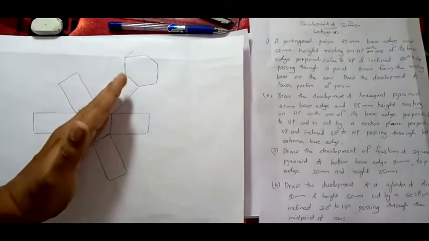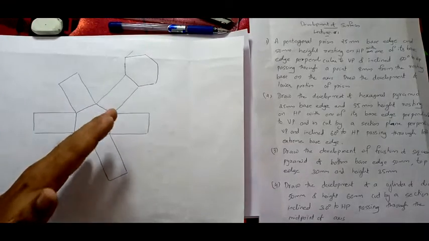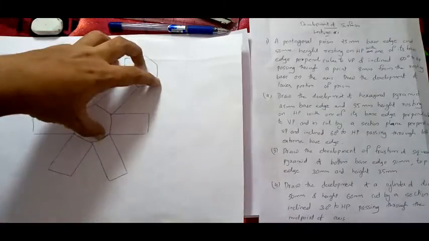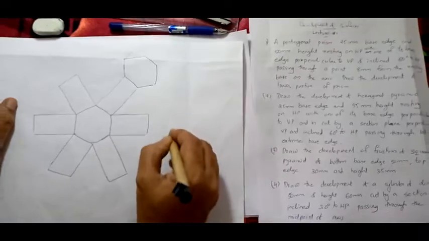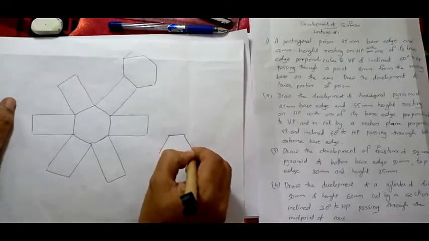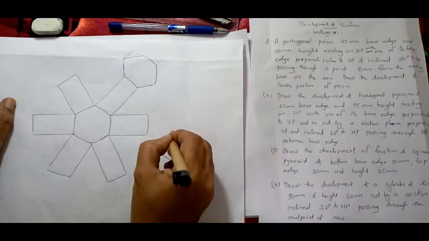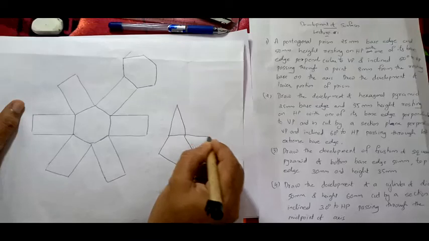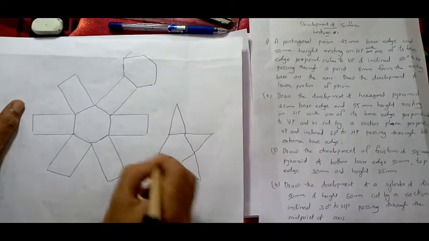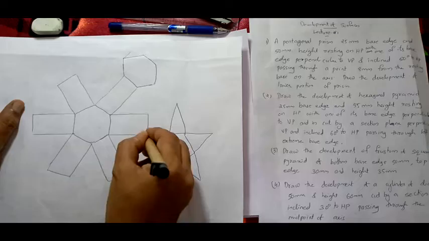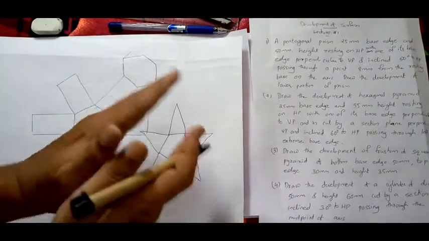So we are not following this method. We will be doing some other method. You need to keep in mind that we are going to open up the prism, pyramid, cone and cylinder, that is, we are drawing the base and faces separately. Now if you are having a pyramid, say a pentagonal pyramid, first we will draw a pentagon. Now what will you do? Draw the height like this, one, second height, third height. These all triangular faces will be same. Now you have to fold and form it.